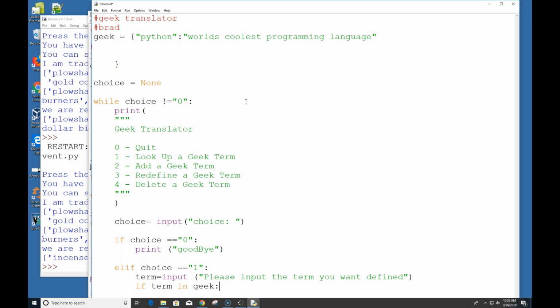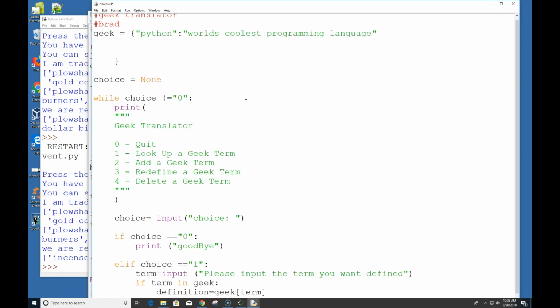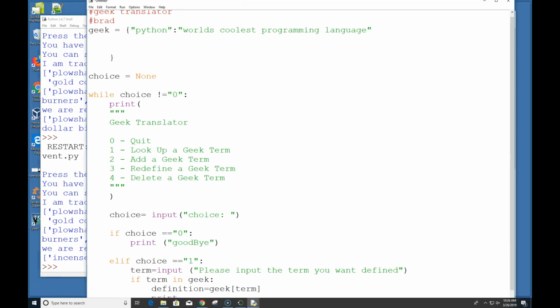and if it's in there, then I can create a definition that's equal to geek, and instead of passing in an index value, I pass in that term. This is kind of handy because I don't have to put in the index as a position. In this case, the only thing I have up there is Python, but we can add to that really, really easily. And so I pass in that value of Python, and so now I could print out,